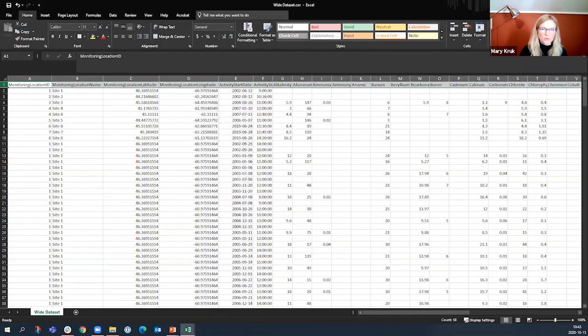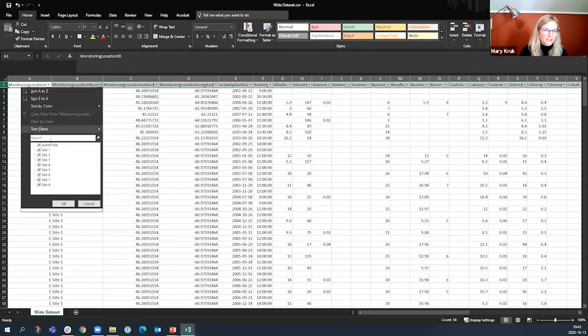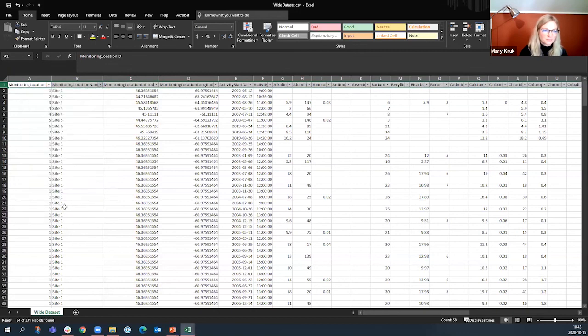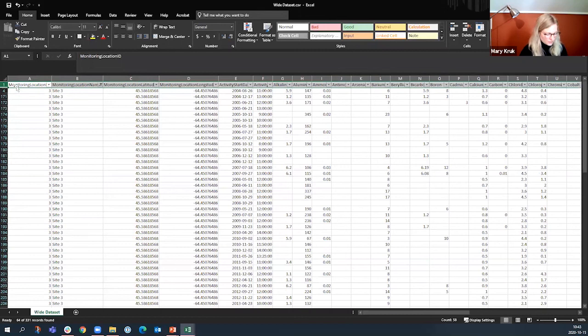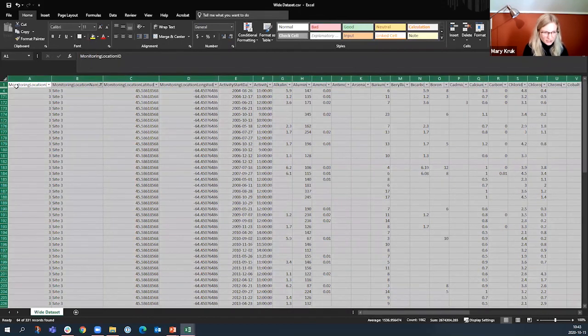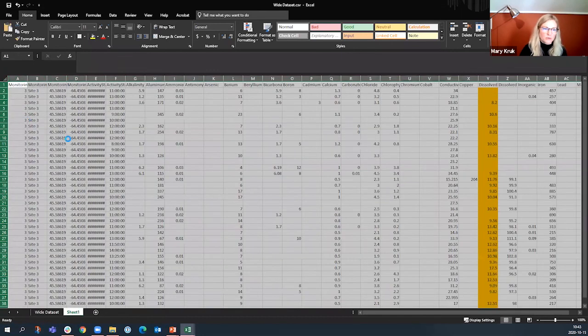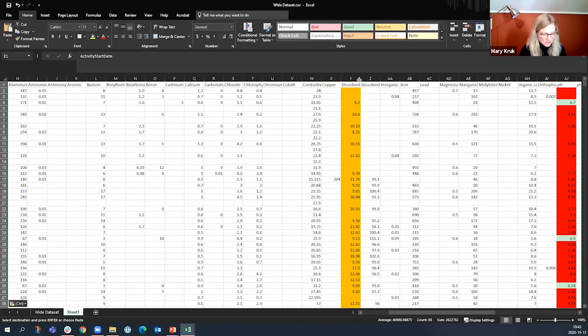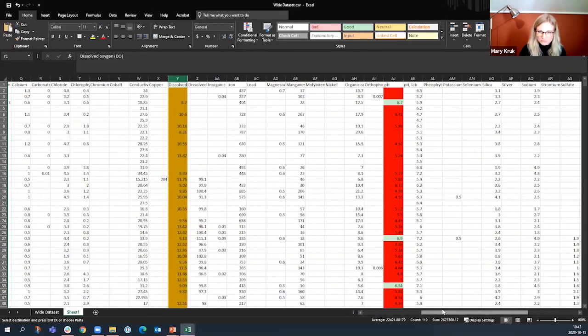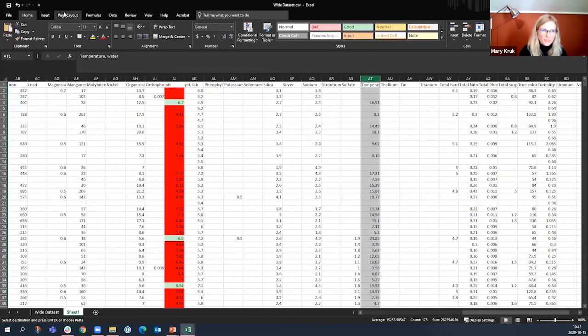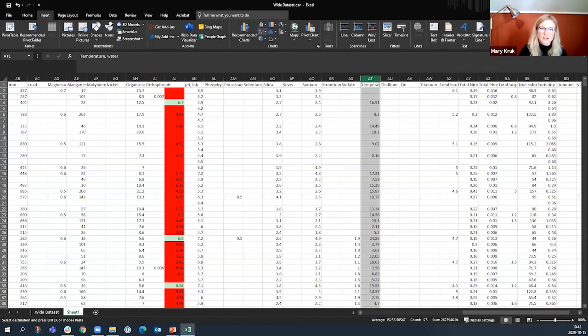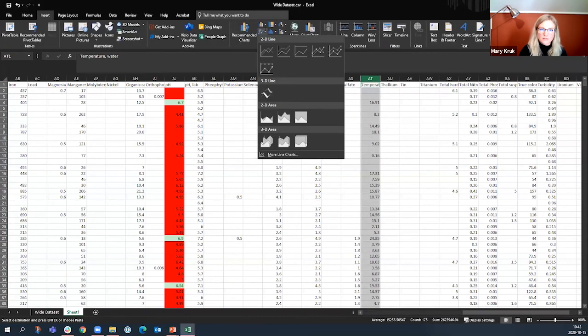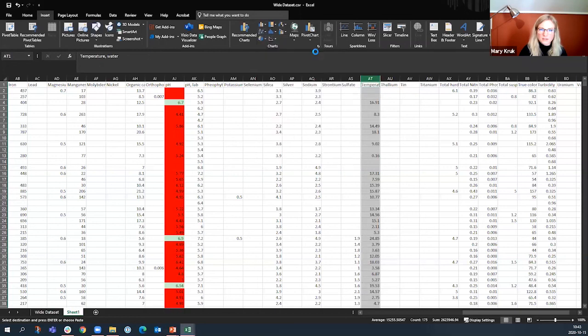We wanted to only use site 3, so we're going to apply our filter and then only select site 3 data. And then, like I said, if you're using a subset, you have to copy it into a new sheet. So now we're only working with site 3 data, and I'll select my columns again and insert. And here I could actually just go from the chart tab